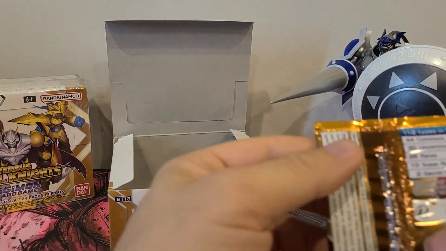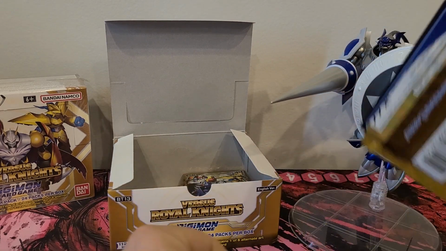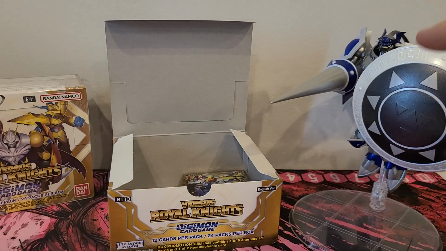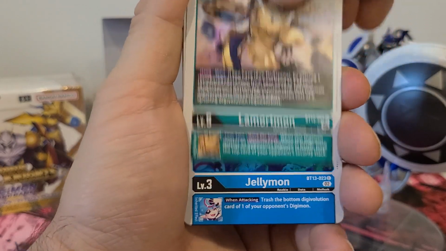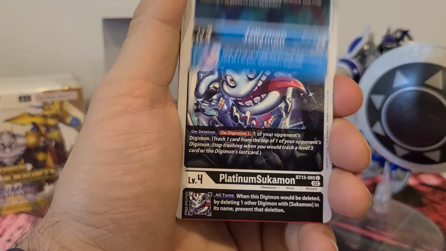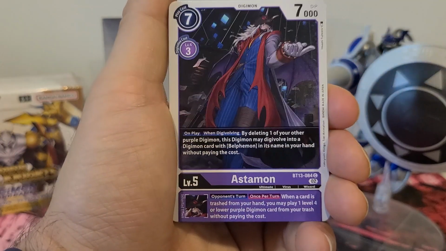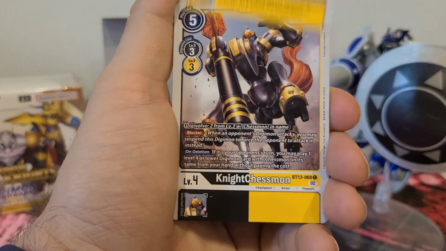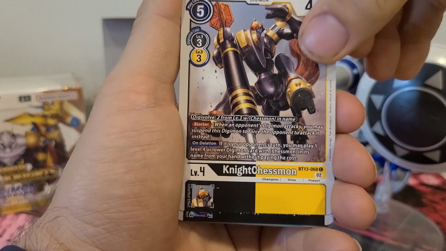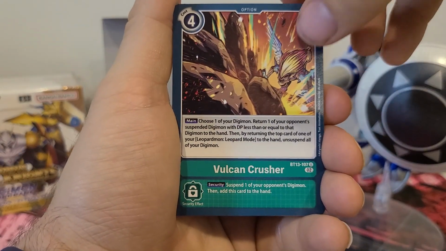And we got the last pack this video. Let's see what we can pull. Because we now got the full common and uncommon. We got Lamort, Jellymon, Platinum Sukamon, Huckmon, Astamon, Loader Leomon, Knight Chessmon, Gyromon, Vulcan Crusher,